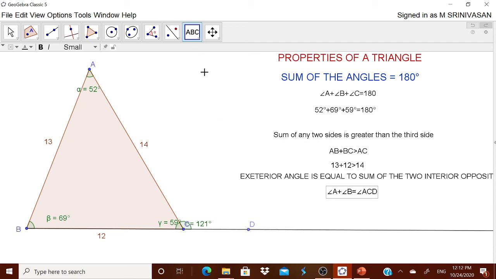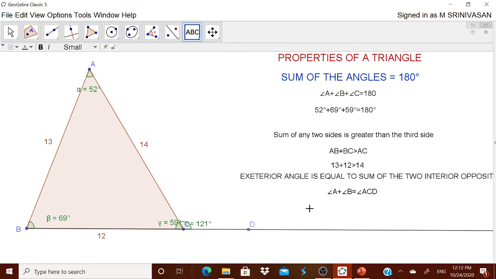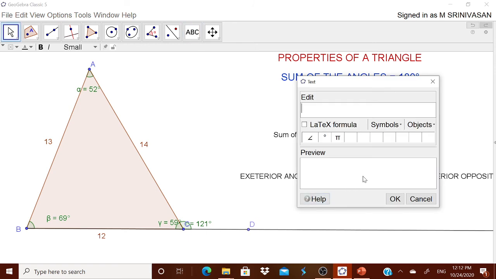How to do it? Again, go back to this ABC. Again, take the text and put it over here. What is angle A? It is alpha. From the object, you select alpha. Good. Plus, what is angle B? It is beta. From the object, you select beta. Is equal to. Now, what is the external angle?